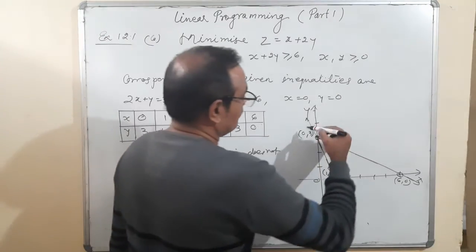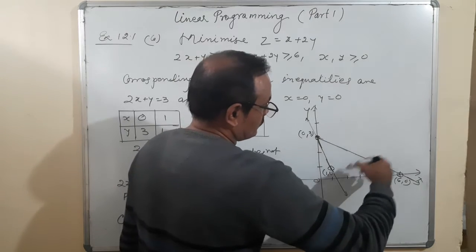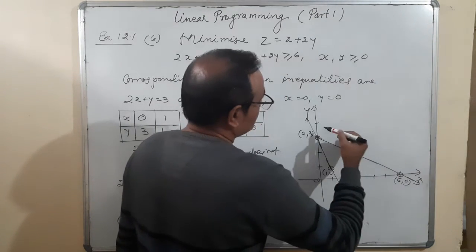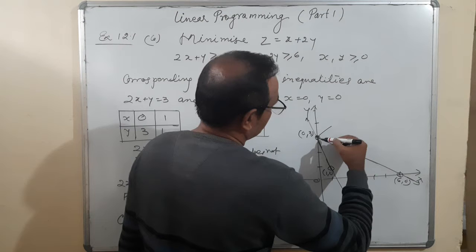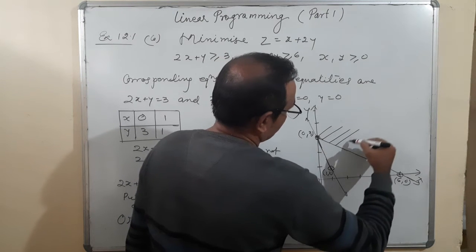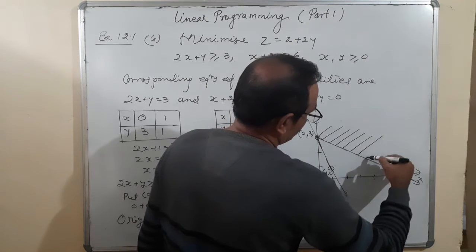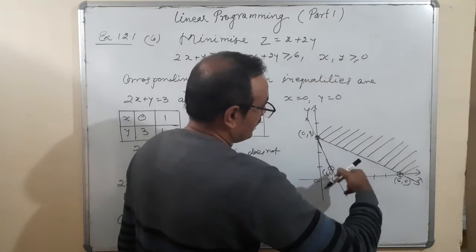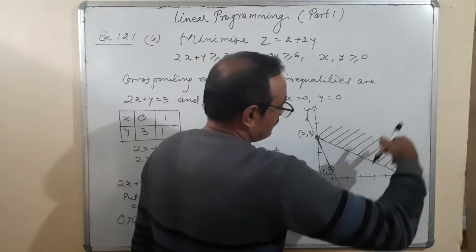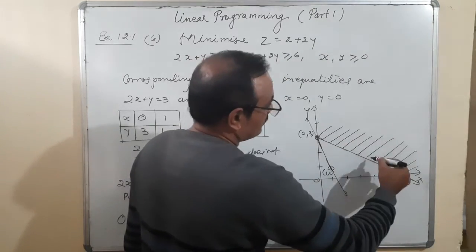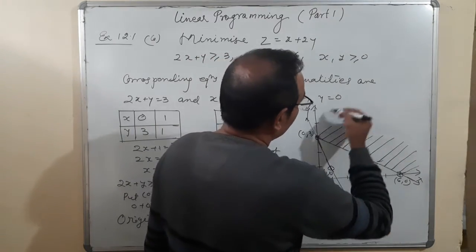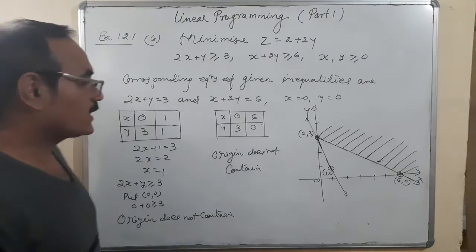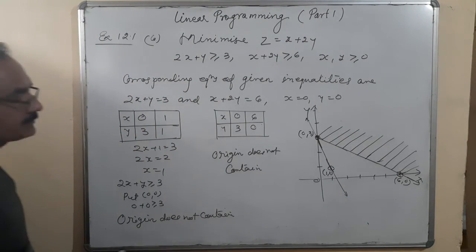Here upside, that is also upside. Okay. So that means actually this is the feasible region. By the way, I will draw the line like this first. Draw the line upside, downside. So you will observe that this would be the feasible region. And what are the corner points here?